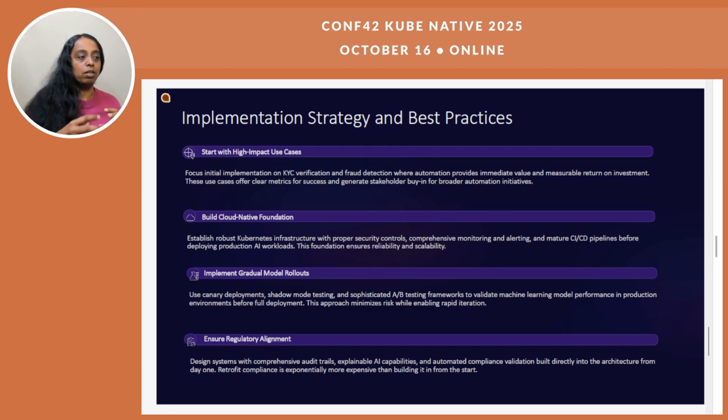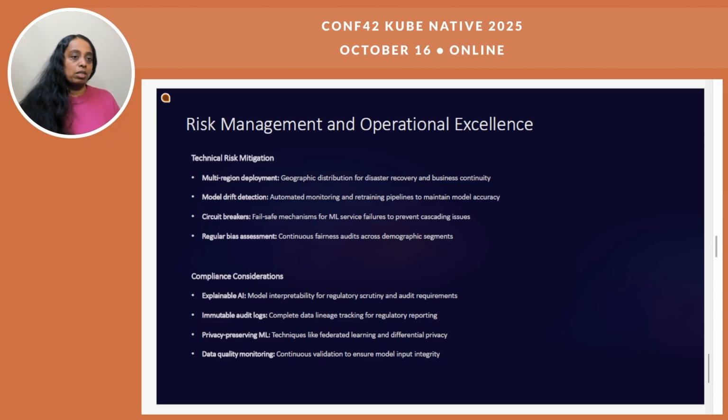So these considerations should be taken right at the beginning of your implementations, right when you're designing the system, not as an afterthought. And successfully implementing hyperautomation requires these strategic phased approaches that balance innovation and operational stability alongside regulatory compliance. Continuing with some of these best practices, technical risk mitigation can be achieved using multi-region deployment for